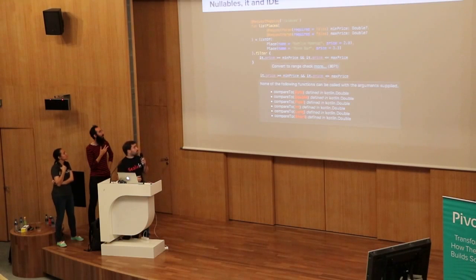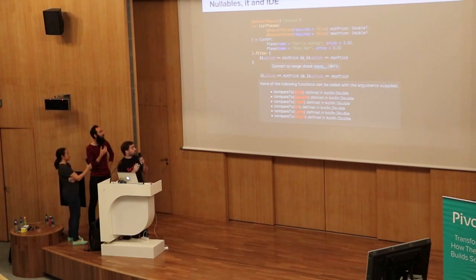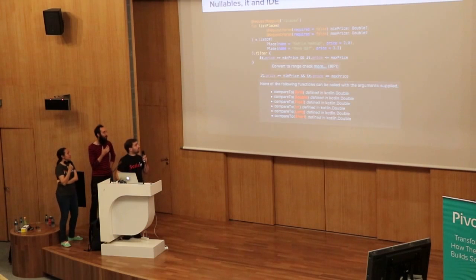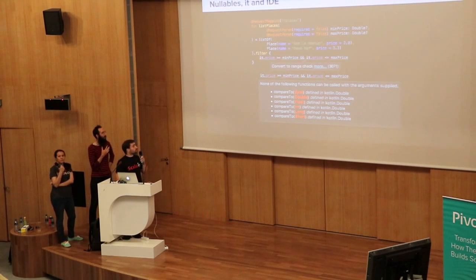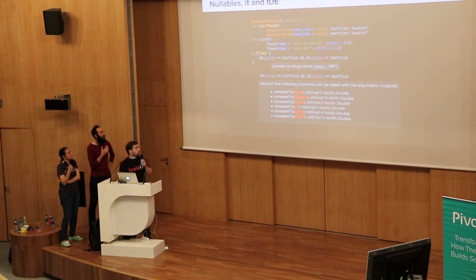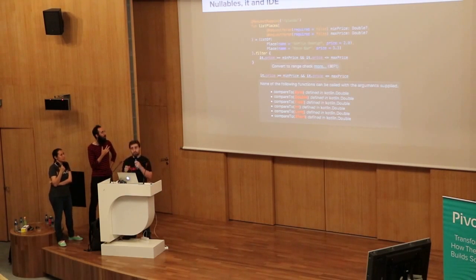So I'm almost there, basically. I just make sure that the price is between the min and max price specified to the request over there. But then, as you can see, the IDE complains. So first, there is a hint that tells me, hey, you could have more idiomatic code here if you use range check. And also I have an error, because as you can see, I'm not using Double,